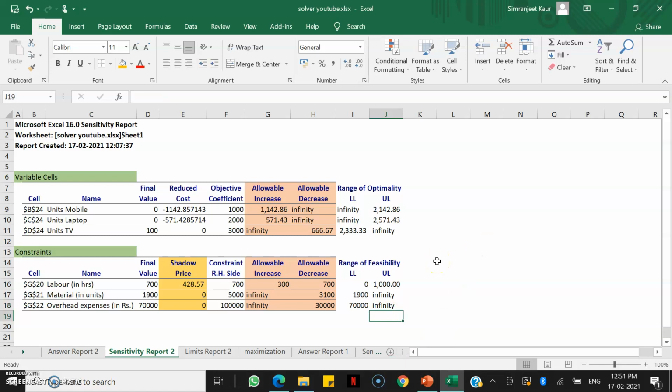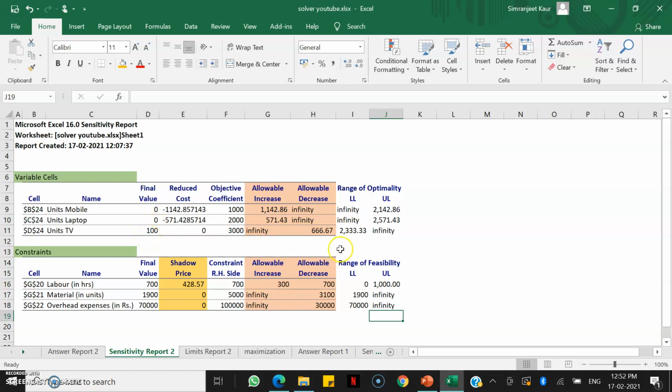Now we see that for this objective coefficient, I can go as high as 2142. That means I can add this much more, and even then my final value will remain at 0 here. This is my optimal solution. Similarly here you can see I can add this much value to my objective coefficient, and my final value will remain at 100 units of TV only.